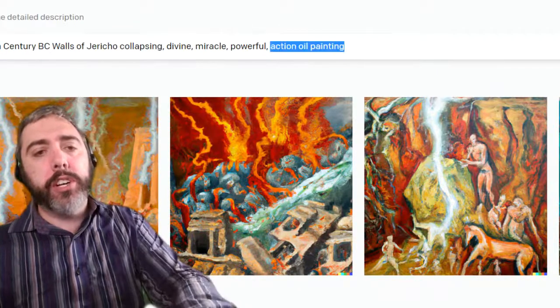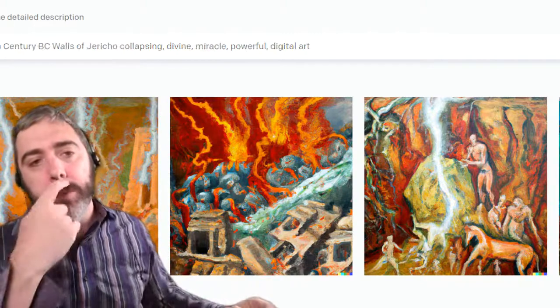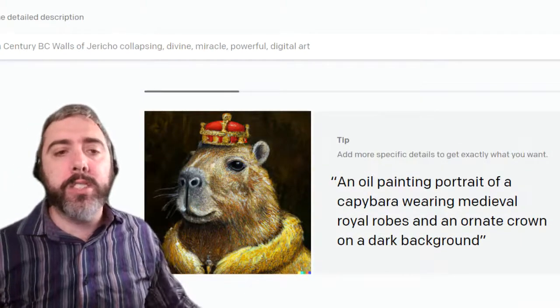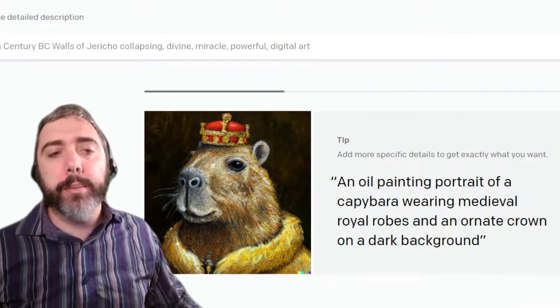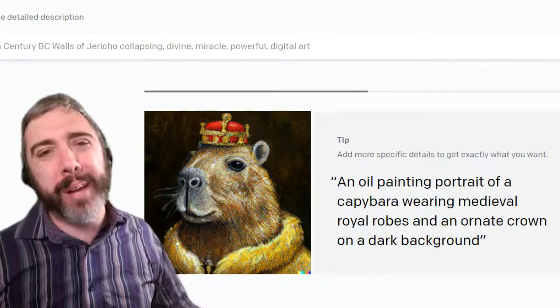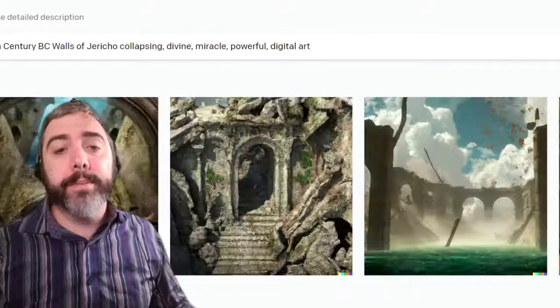I'm going to change it though from action oil painting, because maybe that's the problem, to digital art, because we were getting close. We had some good things going on there. We were getting close, and I did say divine miracle, which is probably why it's putting on the lightning, because apparently divine miracle means lightning. Oh,